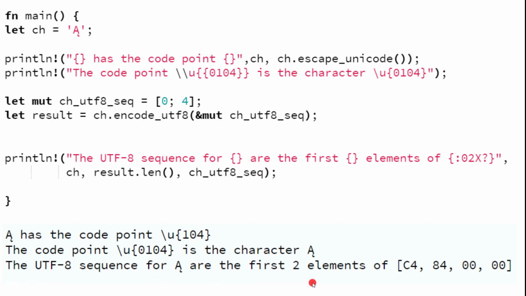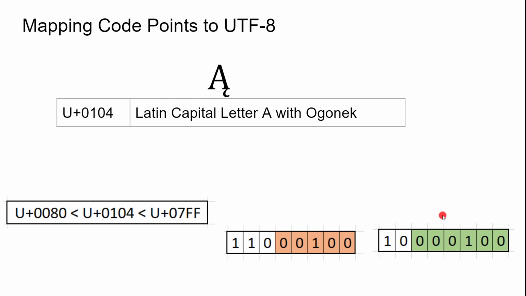Next, we're going to look behind the scenes to see how Rust mapped the code point value 0104 to the UTF-8 hexadecimal sequence C484. Because the code point 0104 is between hexadecimal 80 and hexadecimal 7FF, this will require 2 bytes of UTF-8 data. If we convert